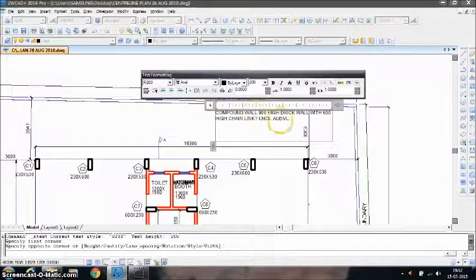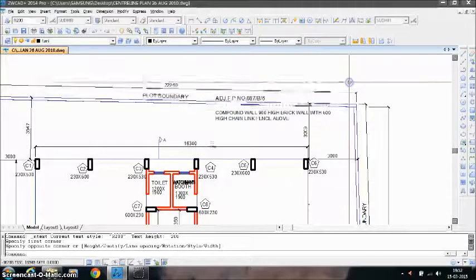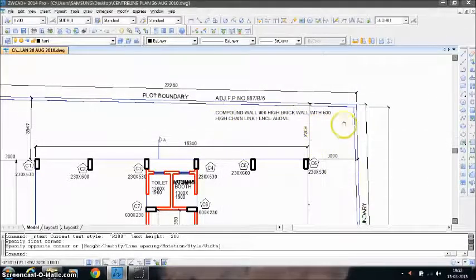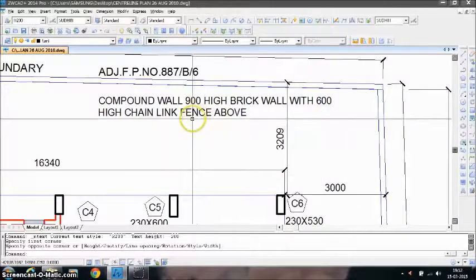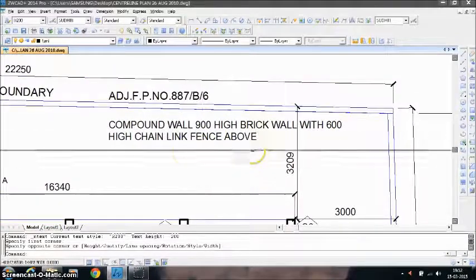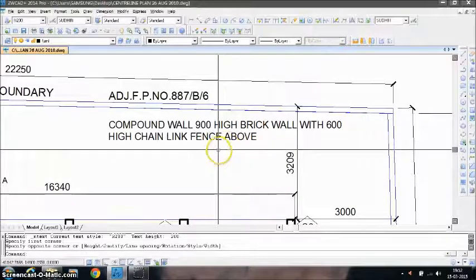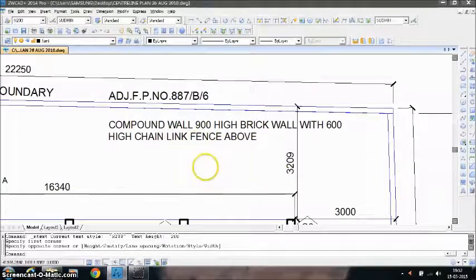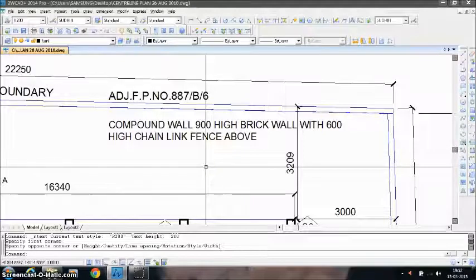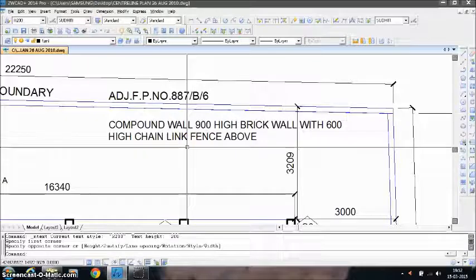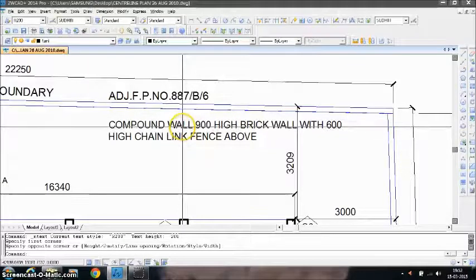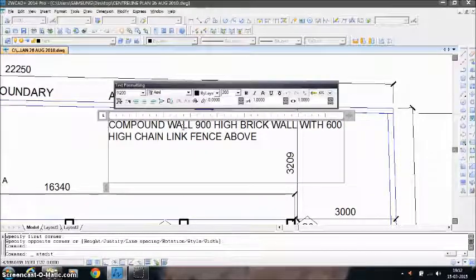Now if you are satisfied with this particular text, you can say OK, and you will see this text written here. Now if you zoom into this text, you might feel that this text is rather too high compared to the other text which you have here, and you would like to make it slightly smaller. To modify this text, you can easily do that by going to the text and double clicking on it with the mouse. Remember that double clicking will take you back to this text formatting box here.